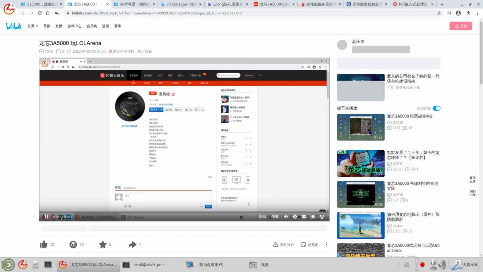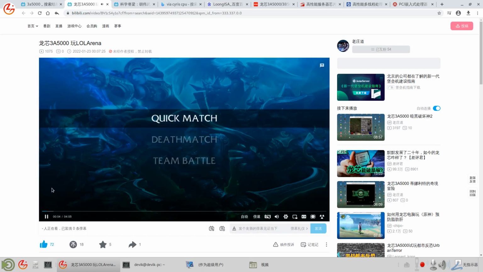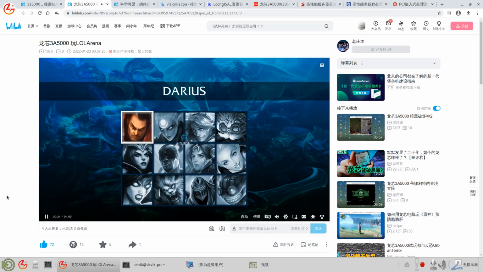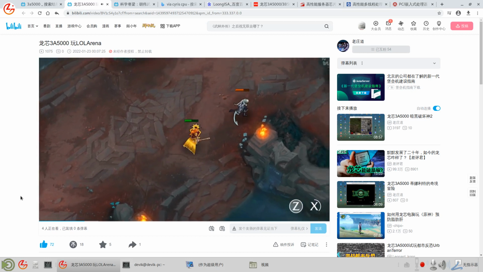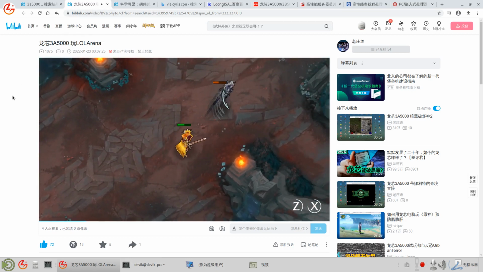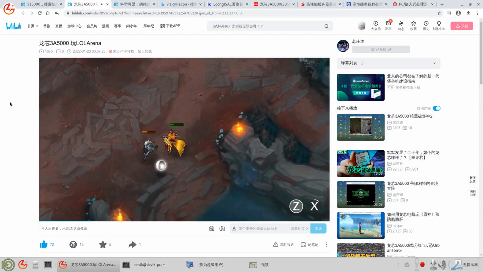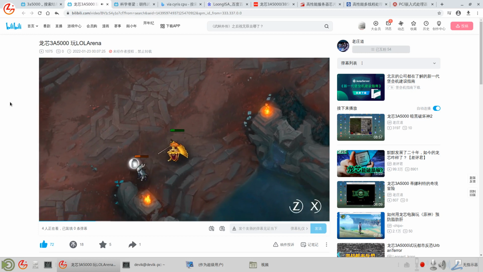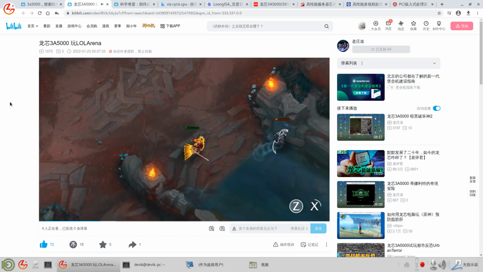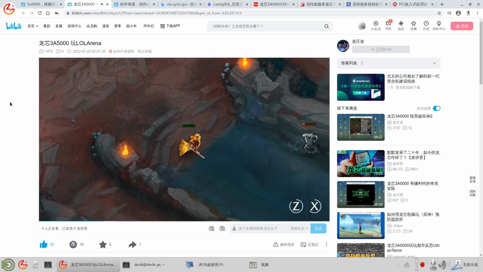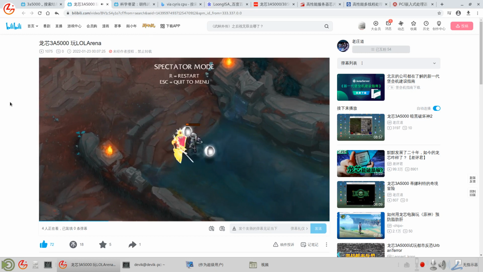This is running Linux and LOL. With binary translation, they are playing very smoothly. You can see, you can run the game. Before the 3A4000, the last generations couldn't run x86 games and x86 software. Now it's different. Now the ecosystem is bigger because they can run the x86, and this is not the final goal.